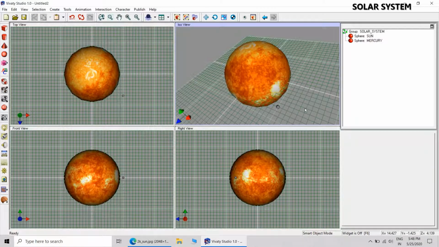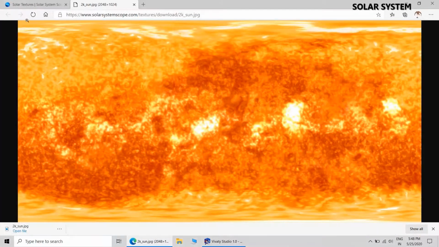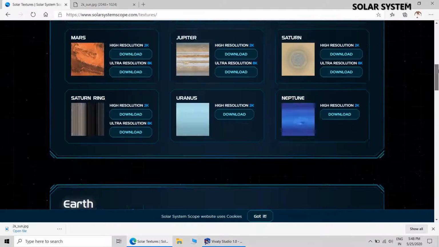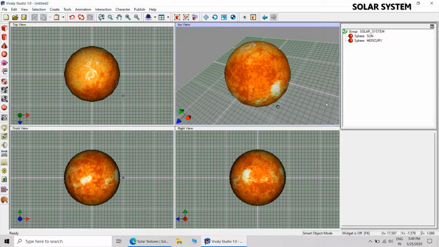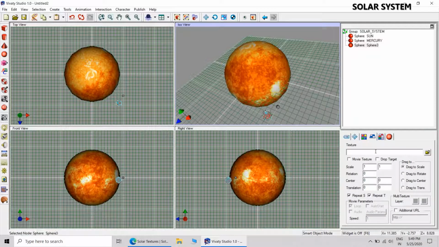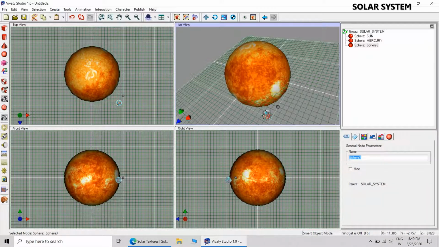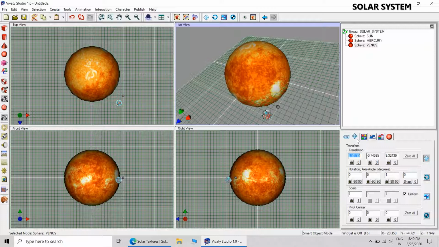Let us create now the next planet. This is the texture of Mercury, so it is appropriate texture. The next planet will be Venus. The scale will be 0.9.